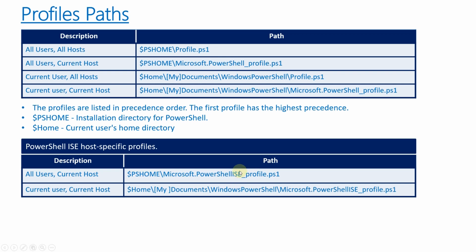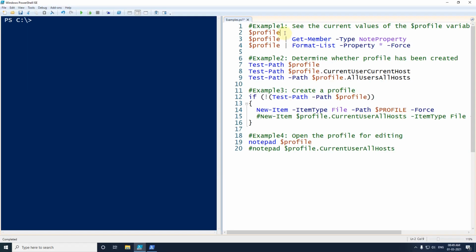So this is how we can use profiles and their paths, and we can write any element to these files, and whatever element we write to these files will be available to these scopes. And here we will try some examples of how we can use these profiles. So this is our first example, and in this example we are simply printing the profile variable. We will see what is inside this variable when we print it.